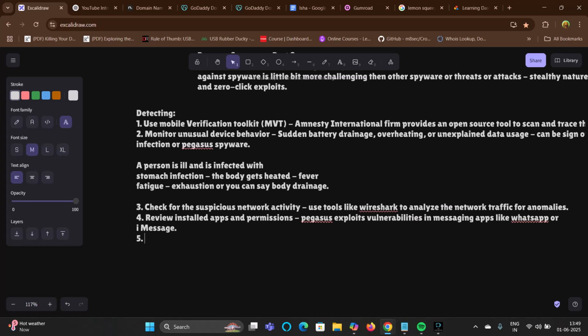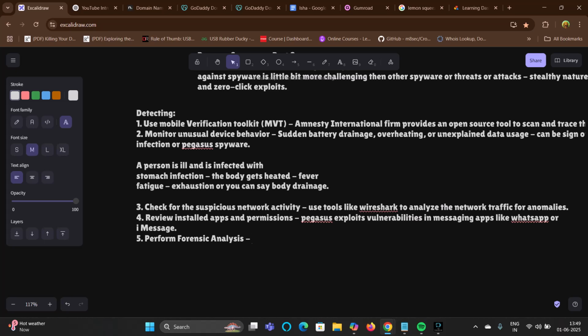Moving on further, the last thing you can use to detect Pegasus is to perform forensic analysis. Cybersecurity experts use forensic techniques to detect these kinds of Pegasus infections.